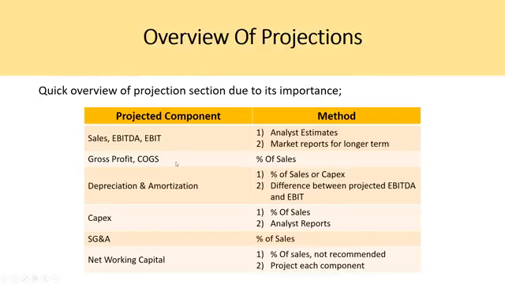For gross profit and COGS, you're taking percentage of sales. For depreciation and amortization, the first way is to use percentage of sales or CAPEX, or you can take the difference between the projected EBITDA and EBIT that's found in analyst estimates. For CAPEX, you're doing percentage of sales. That's usually your first method, or you can take a look at the analyst reports and see how they are